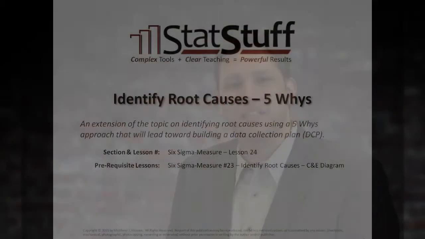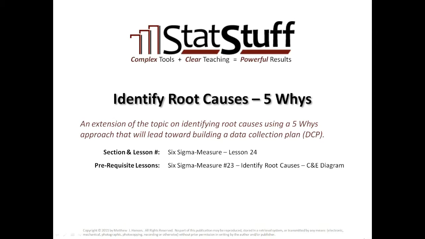This lesson is part of an extended discussion on identifying potential root causes for eventually building a data collection plan, or DCP. In this lesson, I'll specifically be reviewing the 5 whys concept and how it could be used for building the DCP. So it's essential that you at least review the previous lessons that first introduce you to the DCP and C&E diagram. But for now, let's quickly review again how the 5 whys concept fits into the discussion